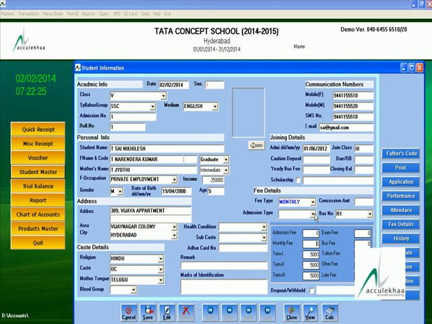If you want to pay the monthly, you can select the monthly. If you are defining the monthly fee, then need not to define on the term 1, term 2, term 3. Van fee, I am defining the 1000 per month.